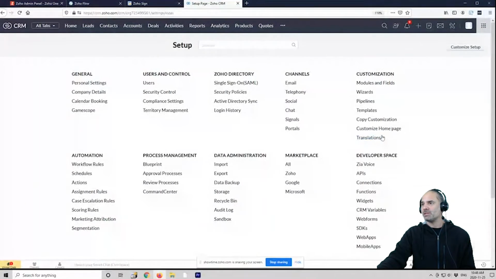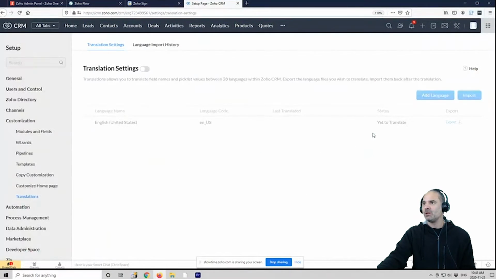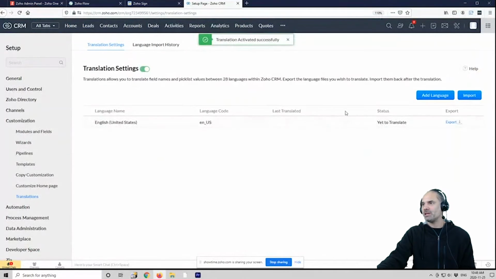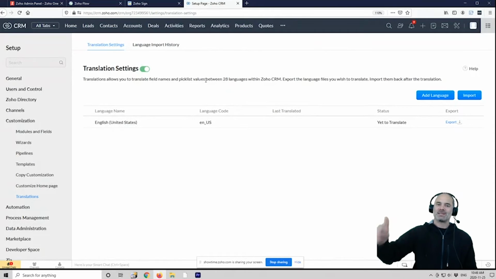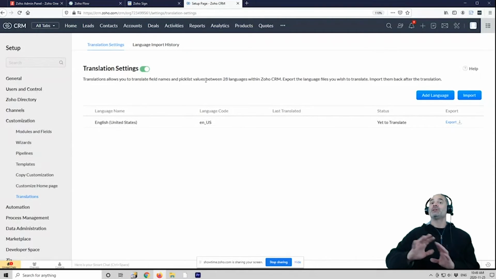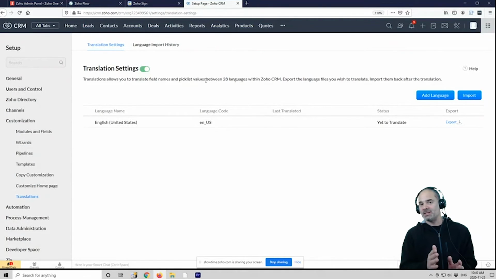If you go to the translation section, you can have a different type of translations for each language, and you can play with it. I do recommend you to register to, let's say, one Zoho One license. Do the translations there. Just play with it and see that everything is right, and do the same things on your live system.